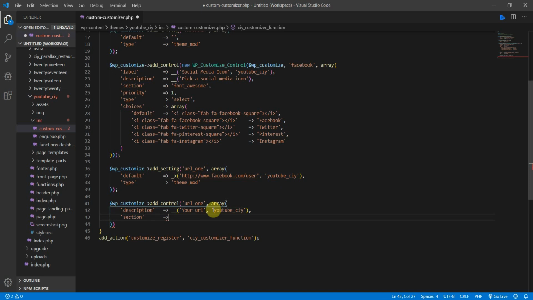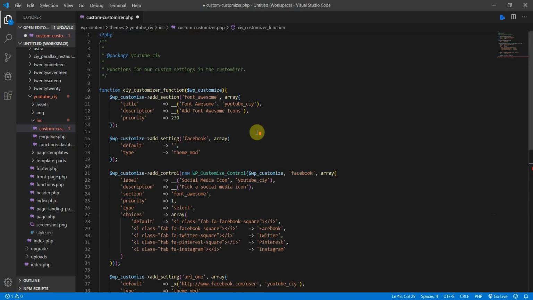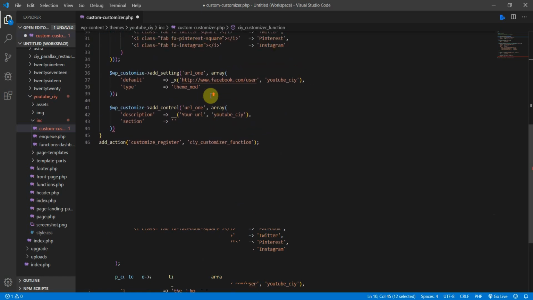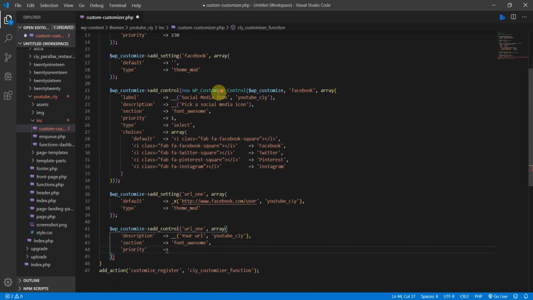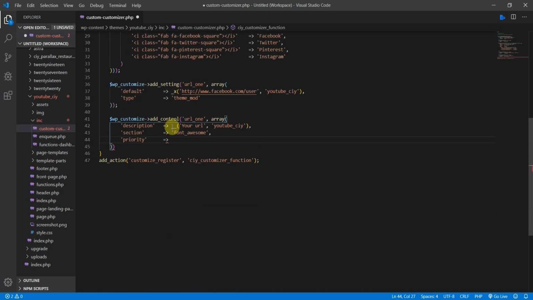So tie it to a section, and the section was the one up here, font awesome, and then scroll down and paste it in, and then priority, of course. So this is number 2, the second one. So this is priority 1, and this is going to be priority 2. All right, like this. Let's save it, and let's head back here to